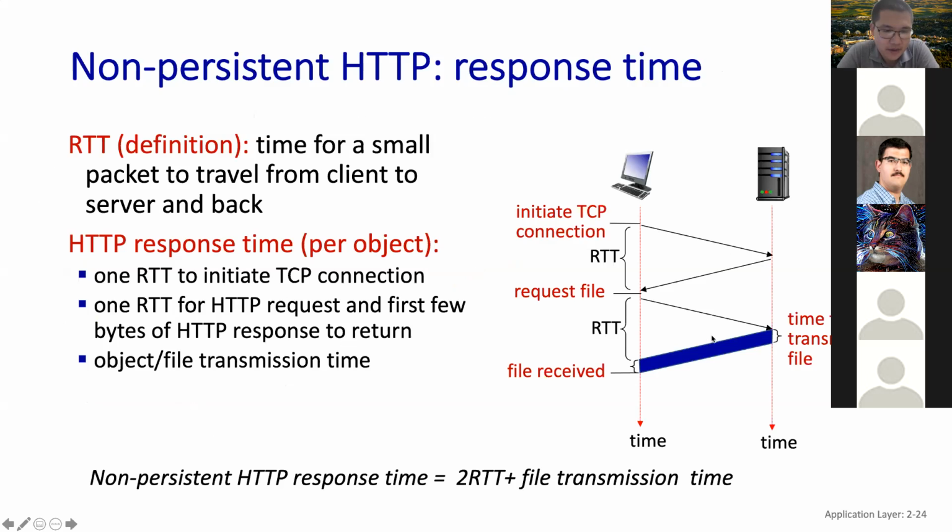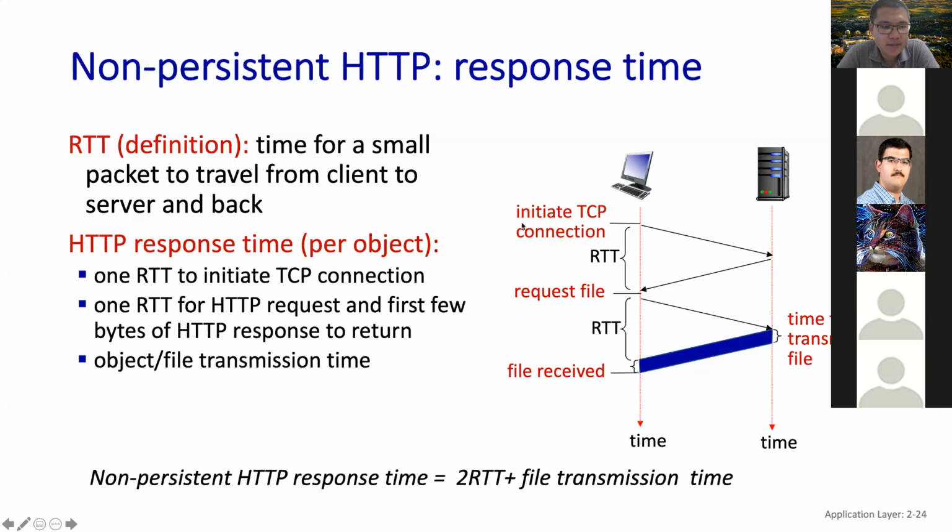Okay, so this figure is a good way to quickly demonstrate how these two rounds happen. It's straightforward: initiate the TCP connection, get a response back, then request the file and get it back. So if we are talking about one concept, we define one time. It's the time for a small packet to travel from client to server, and then we can estimate the general time to get content from the HTTP server.